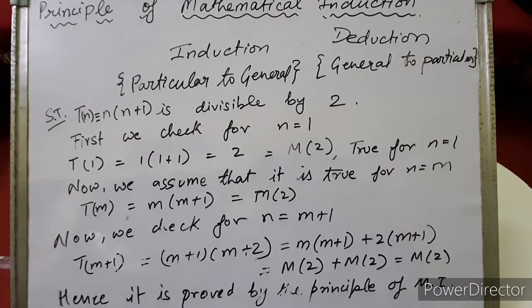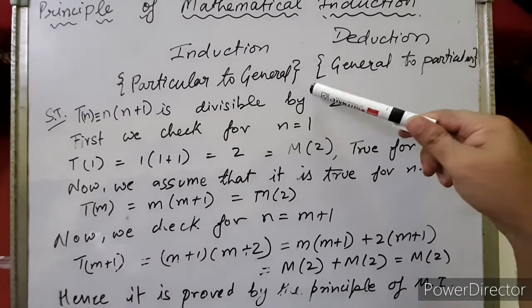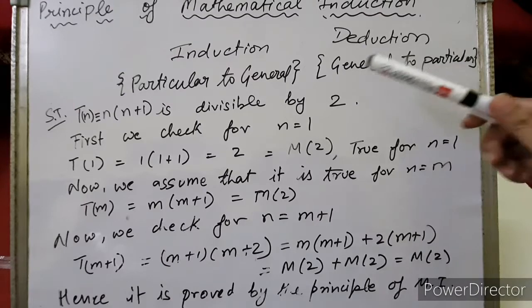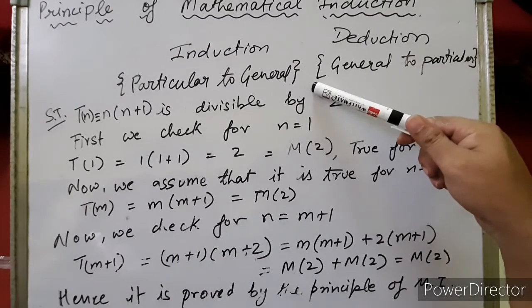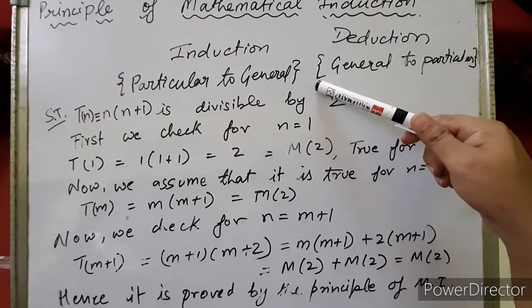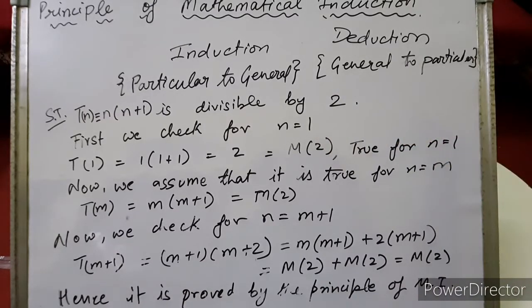Right? So basically, there are two methods to conclude any scientific or mathematical reasoning. One is induction and one is deduction. In induction, we start with a particular term. It's reasoning from particular to general term. That means first we prove the first term, then the second term, and then we prove the general term, the end term. And deduction is the process of reasoning from general to particular term. First we prove the general term and then we move towards the particular term.